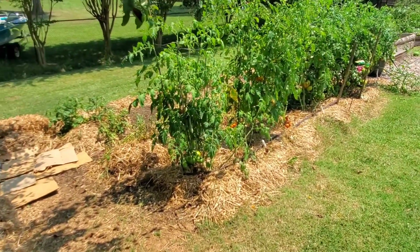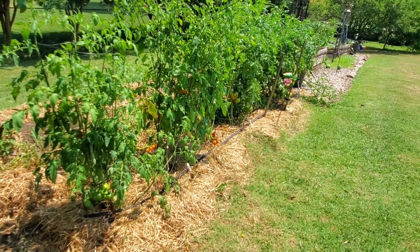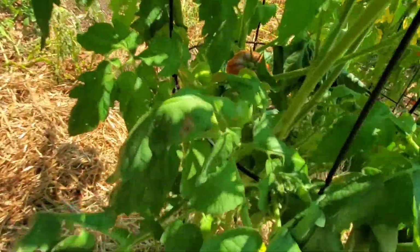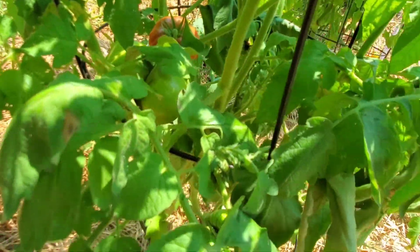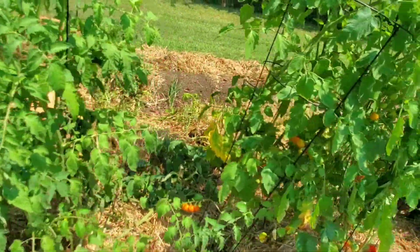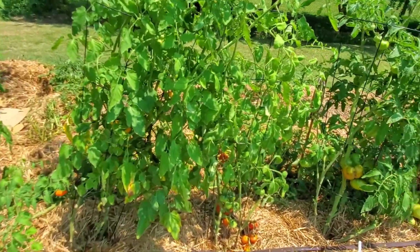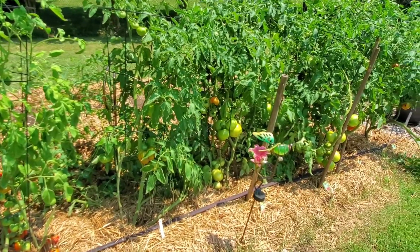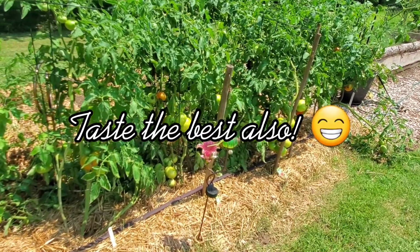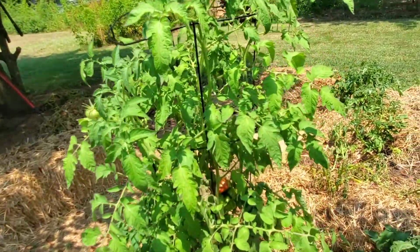Here I have my row of tomato plants, and I have several different varieties. If you have watched my other garden tours, you will see this first one here is a money maker. Finally got one red on there to pick. I am probably going to taste that in the next day or so. I'm going to pick it today, but I'm probably going to taste that one and see what it tastes like. I'm sort of doing an experiment here to find out which one produced the best, which one grew the most, and you know, just overall which one does the best. So that's what I'm going to plant from here on out. I might do some other experiments with some other ones, but